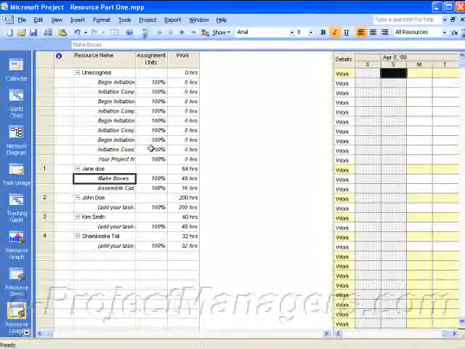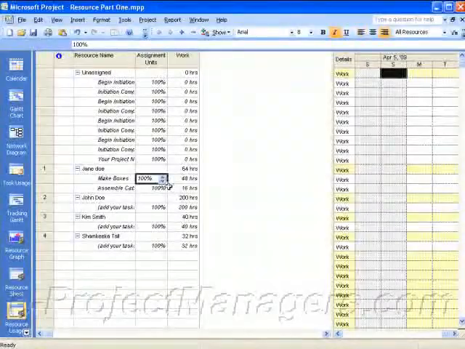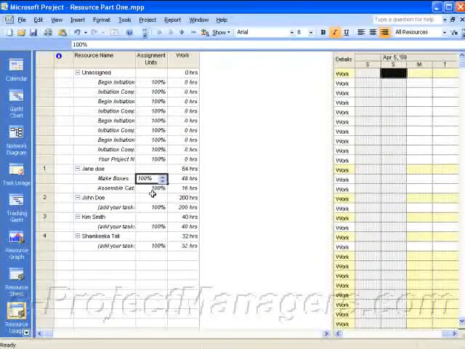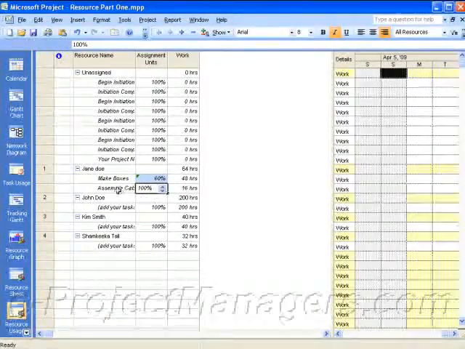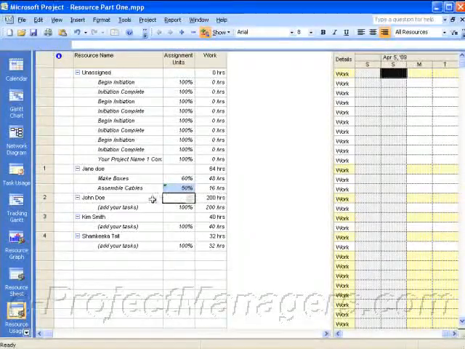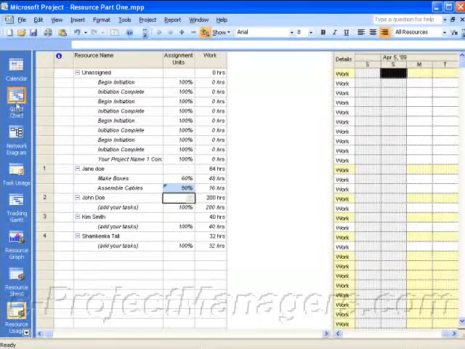Now, by default, all of these are 100% allocated, and we can easily change that by going to the assignment units and assigning whatever percentage of allocation this resource has to making boxes. So let's say it's 60%. And let's say for the second task, which is assemble cables, they're working 50%. Okay? So once I've assigned the units that they're working, I can also go back to my